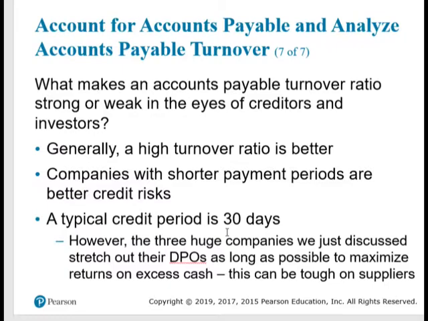Companies want to get paid quickly, so a shorter payment period is a better risk than a company with a longer time period. Typical credit period is 30 days, so they want to stretch it out as long as possible, but this can be tough